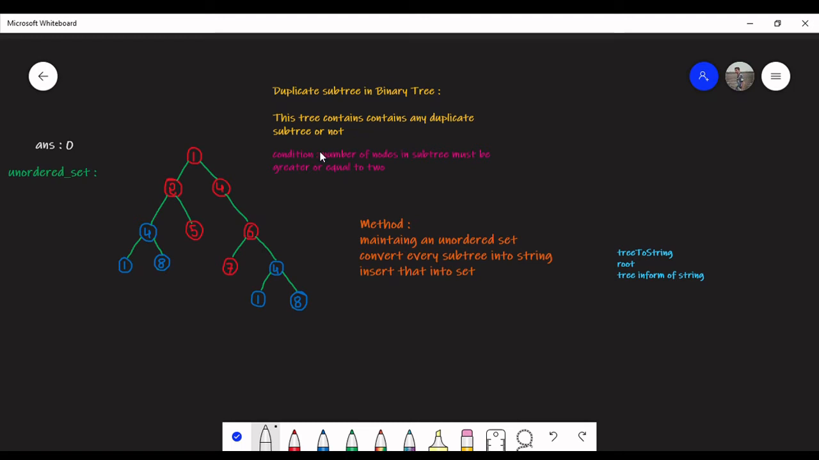Hi, in this video I will talk about a GeeksForGeeks problem, duplicate subtree in binary tree. In this problem we are given a tree and I have to check whether this tree contains any duplicate subtree or not. If it contains a duplicate subtree, then I have to return 1, else I will return 0. But there is a condition for a subtree: the number of nodes in a subtree must be greater than or equal to